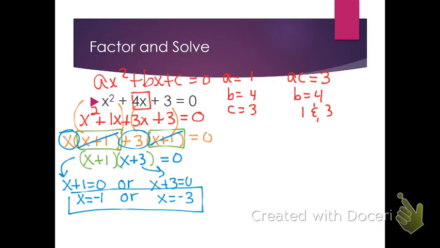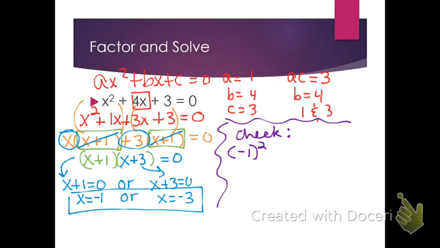Now you can check your answers here just like some of the equations that we solved earlier in the year. The way you would check one of these equations is you'd go back to the original problem and you'd plug in your two answers. So I'm going to go back to x squared plus 4x plus 3 equals 0. First I'm going to plug in the -1